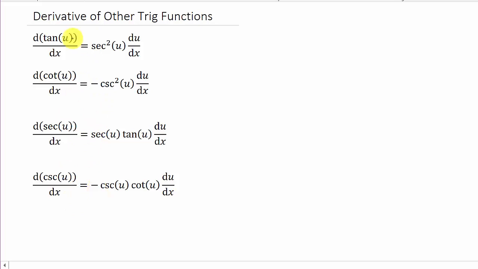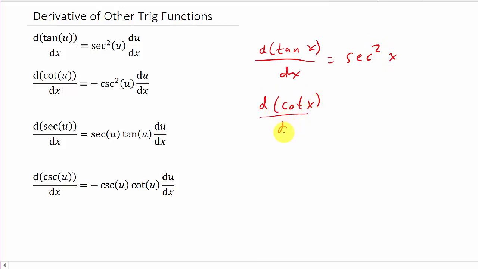Okay. Now you notice I have this tangent of u, taking the derivative of tangent u with respect to x. Well, I'll explain that in just a second. But just remember that when you're taking the derivative of tangent x with respect to x, that's secant squared x, and the derivative of cotangent x with respect to x is negative cosecant squared x,